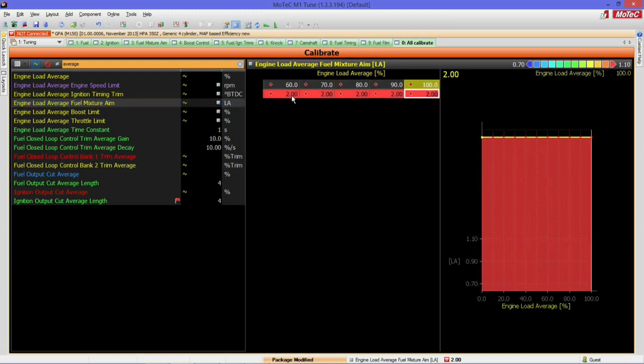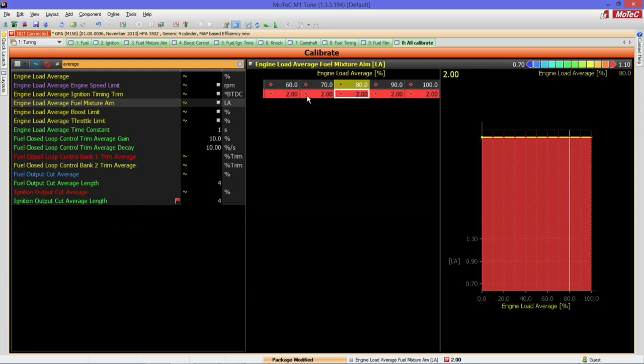Now, what happens in the Motec M1 is the ECU has a number of mixture aim tables, and the ECU will always reference the one that has the richest number in it. So you can see here all of these numbers at the moment are set to 2.0, obviously a ridiculously lean number that we're never going to target. What that means is the ECU will disregard this table, and it's going to use the main target air fuel ratio table. However, if we get to 80%